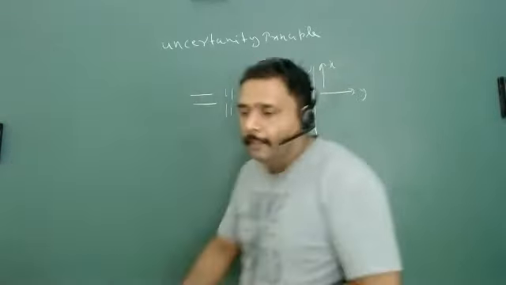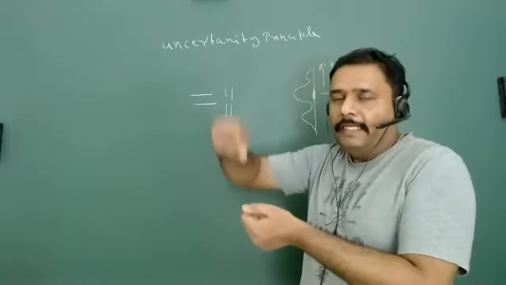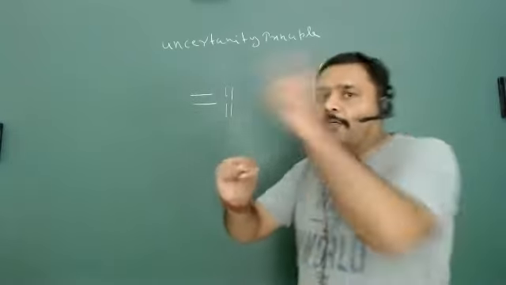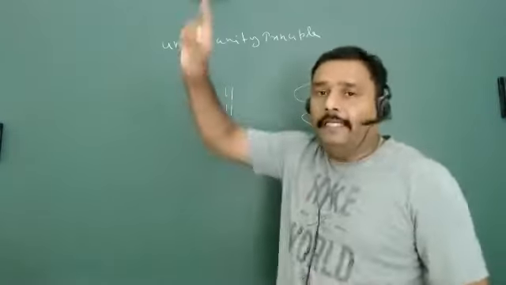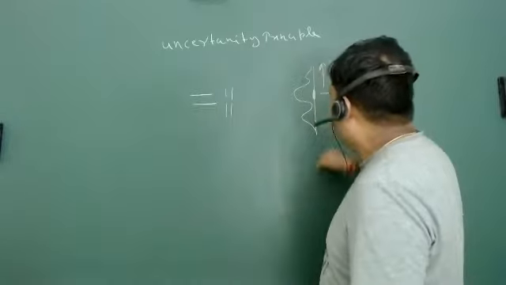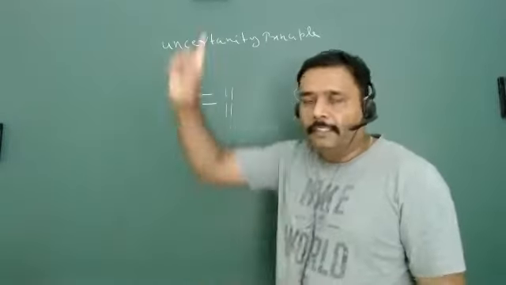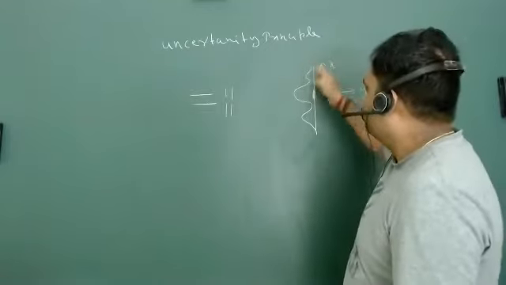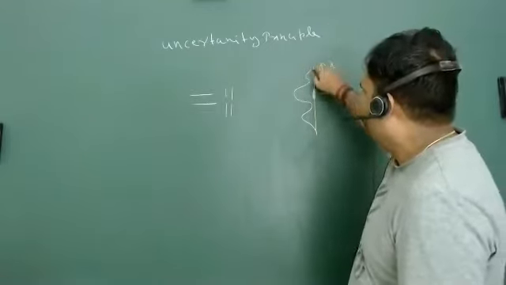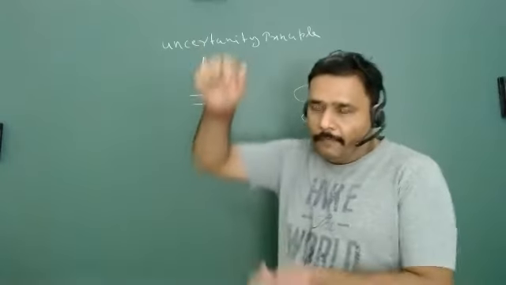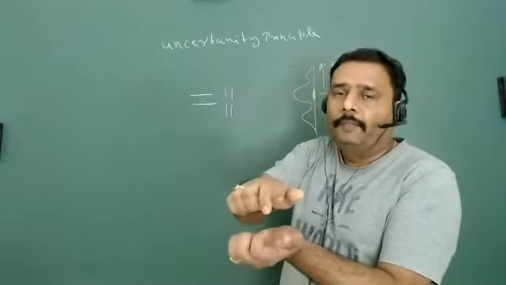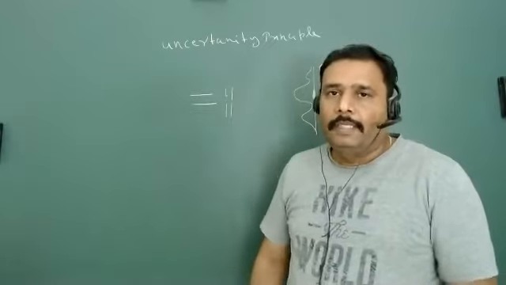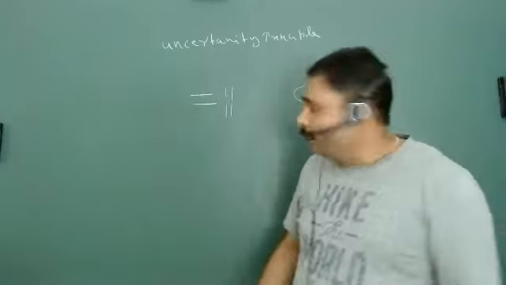So what will happen if you are reducing delta x? What will be the effect on px? It increases, such that light will go up to this level and this level. The momentum is going to increase very fast. So that is why you are getting light here and here also. If you are decreasing in the x direction, the momentum is going to spread in the x direction. And you will be surprised when we calculate.